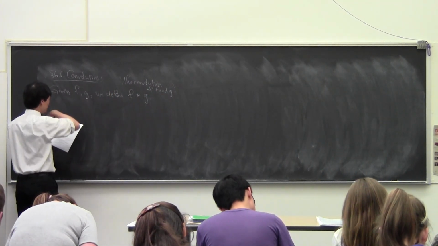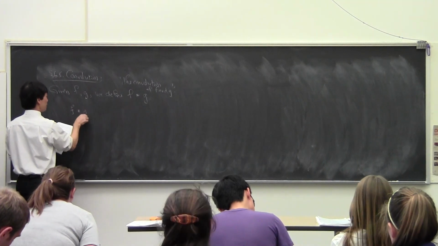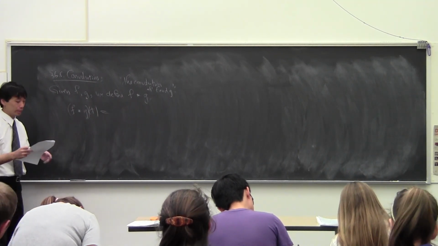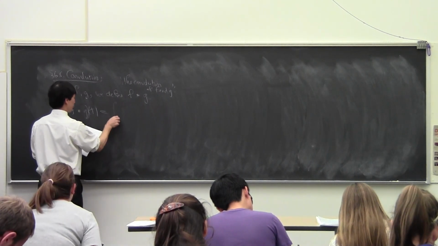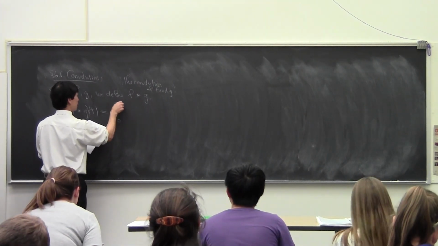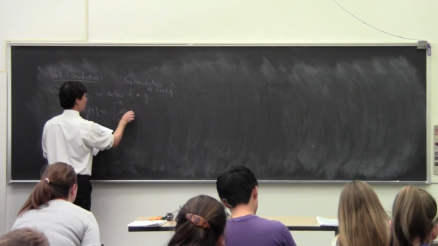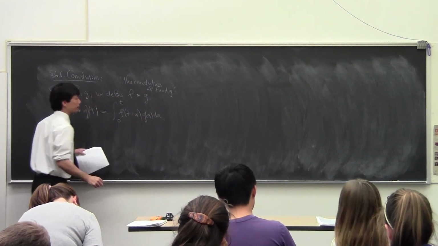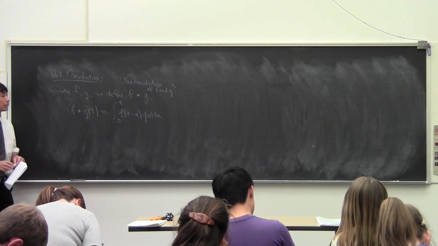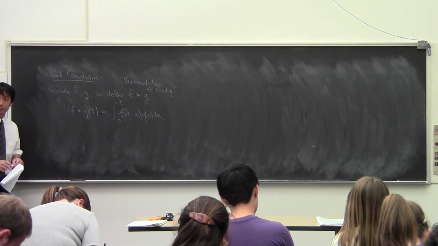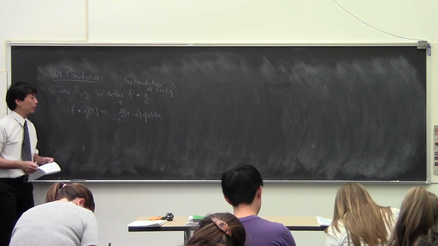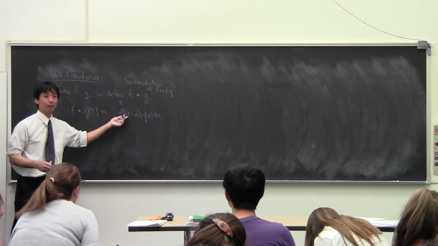We define it like this. f star g at t is a function, and its value at t is going to be the integral from 0 to t of f of t minus alpha, g of alpha, d alpha. So we sort of run one function backwards and one